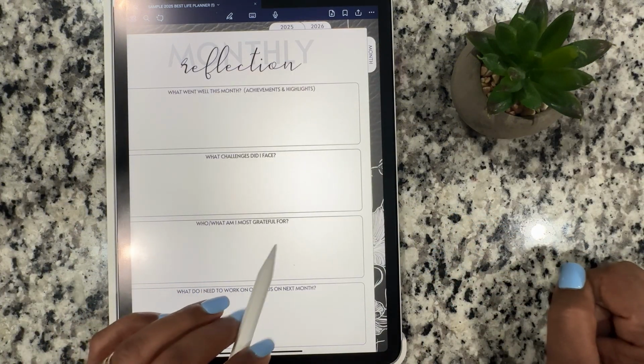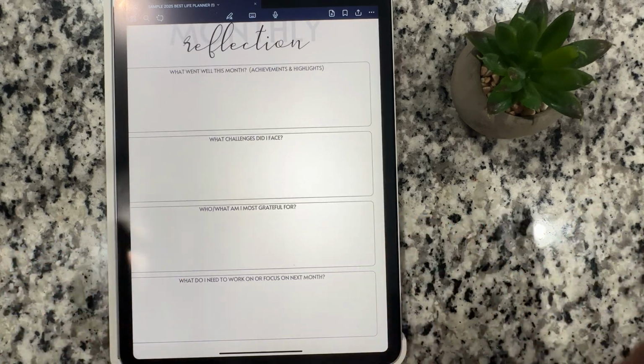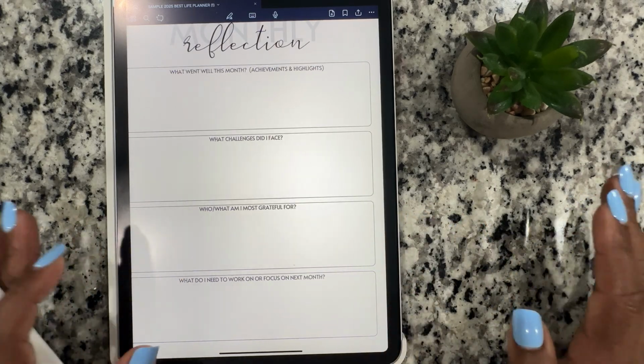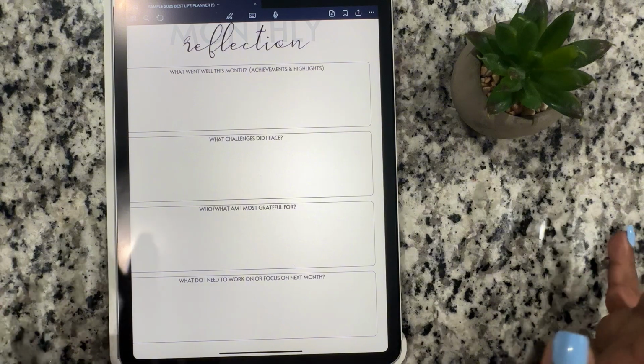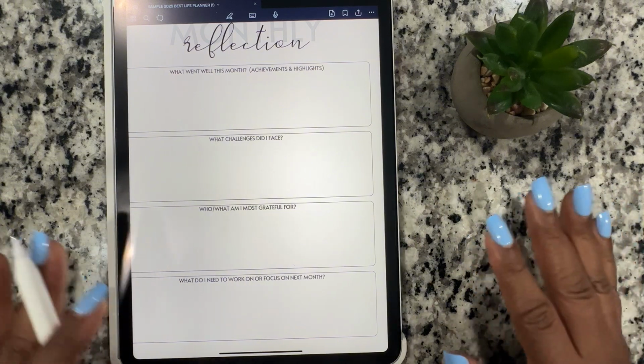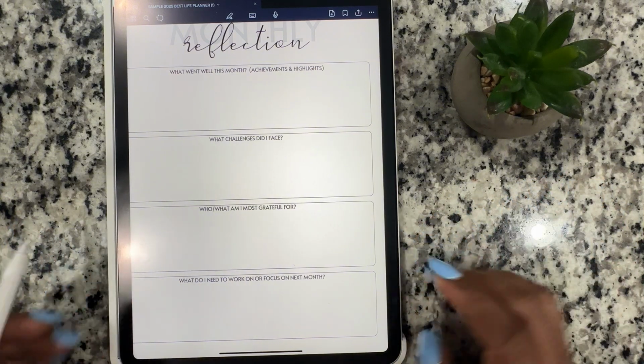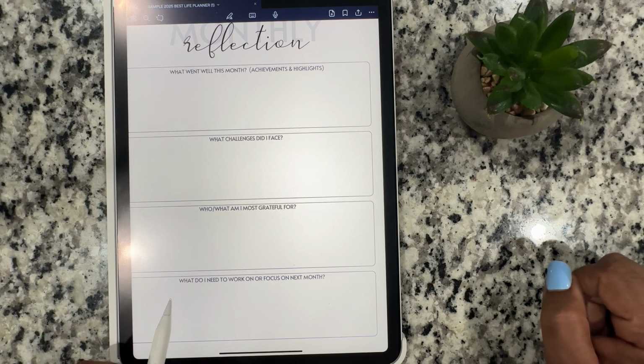Who or what am I most grateful for? Because practicing gratitude is always a large stepping stone to achieving the things that you want, right? You've got to be grateful. And then the last question says, what do I need to work on or focus on